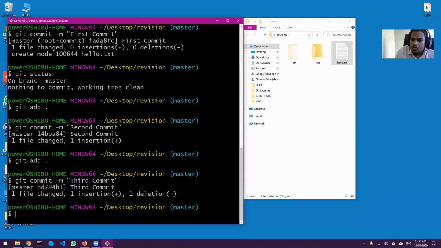Now can anyone tell me, Adarsh, can you tell me how to find out how many commits are there in my git? Adarsh. Is Adarsh there?